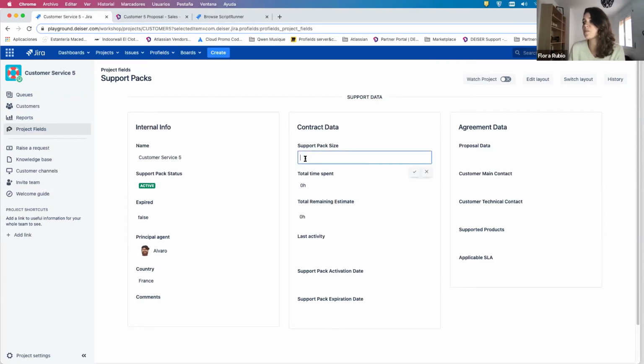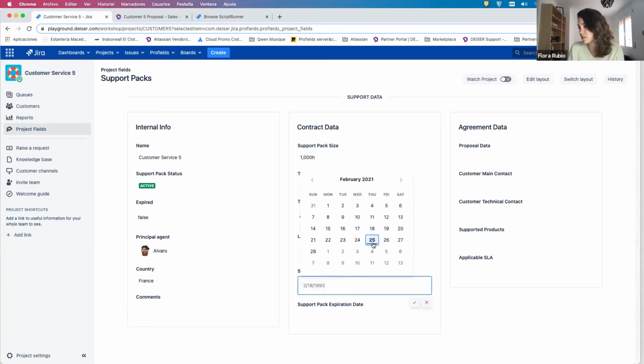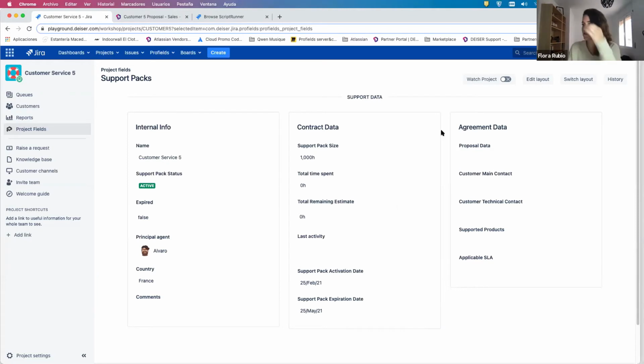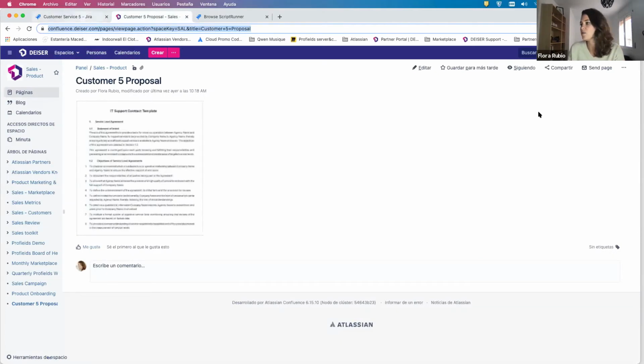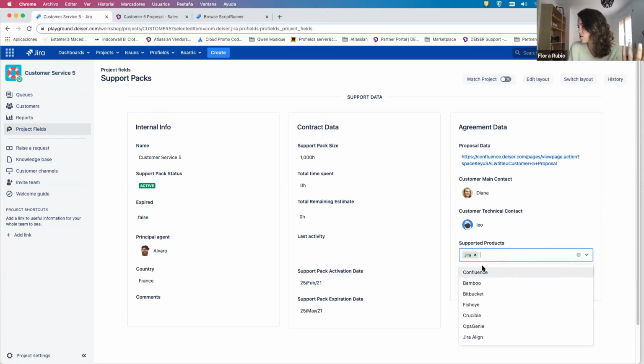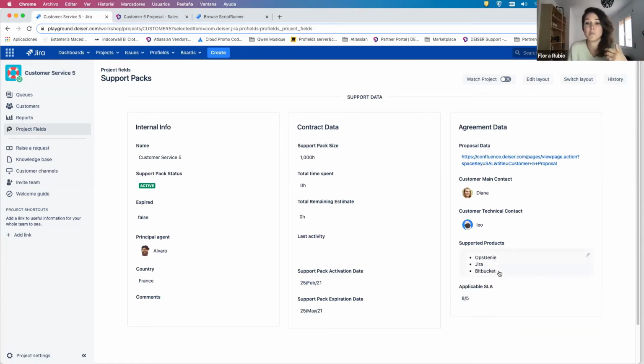In the second container, we will put some information around the contract, like, okay, I received the contract of 1,000 hours of support, and it will be starting today up to May. Great. And on the last container, I would like to add some data around the agreements. Let's say my proposal is in Confluence. Well, I could easily add my URL here, so everyone can get access to my Confluence data directly from Jira, and I could define some business contact, technical contact. And as my team is supporting Atlassian tool, well, I could say that this customer is using Jira, Bitbucket, and Opsgenie, for example. And they've signed for this SLA, which is really important, as I said before,